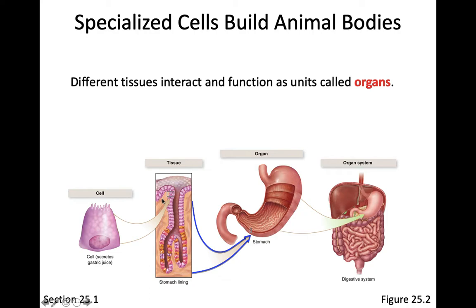Now, if you take all of the similar tissues in one area and put those together, you get an organ. So inside this entire stomach, all the way through, lining the entire thing, you're going to find very similar tissue that all secretes gastric juices throughout the top and bottom of the stomach. None of the rest of the organs throughout the body are going to have tissue that's similar to this on the inside of the stomach, or else they would be considered a stomach,